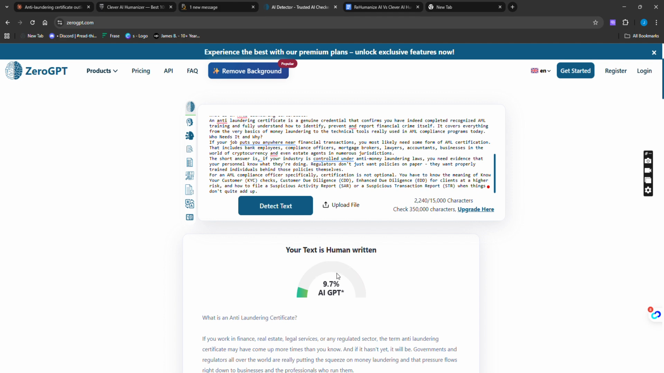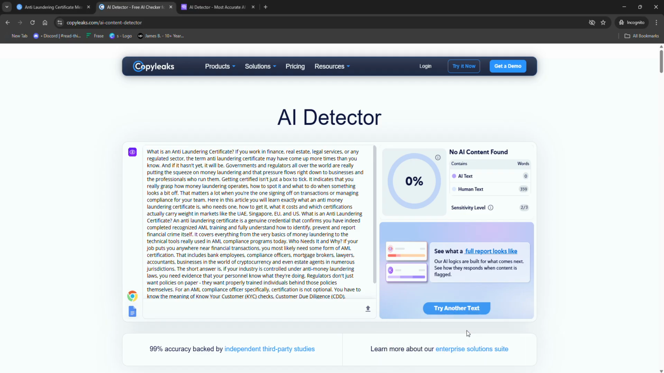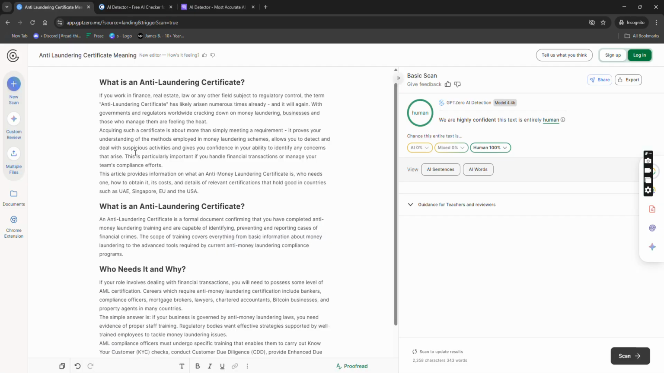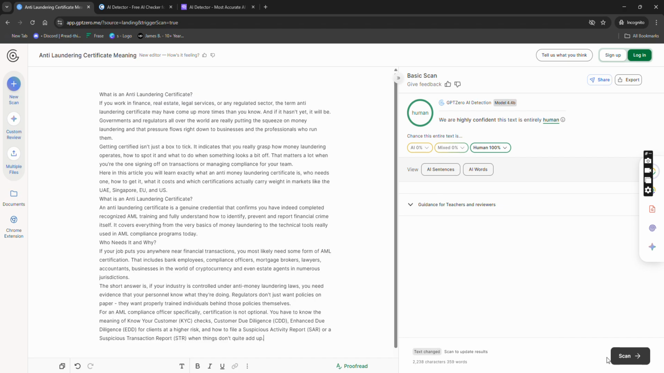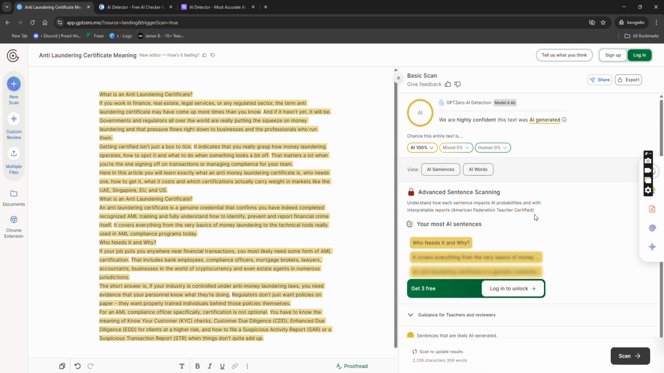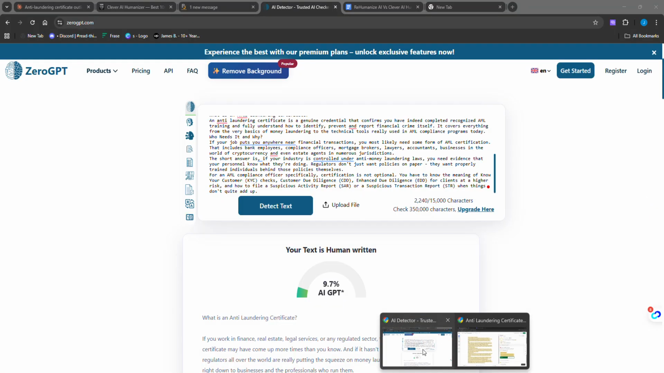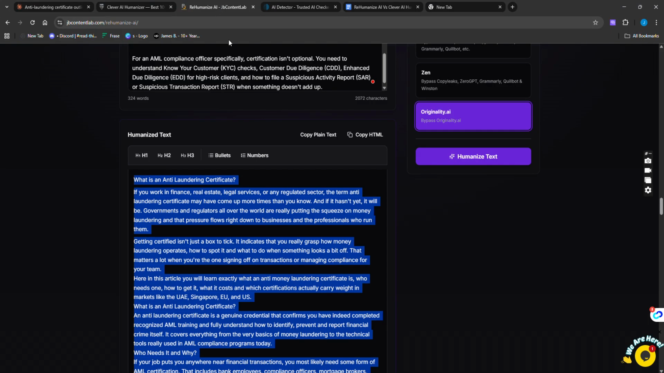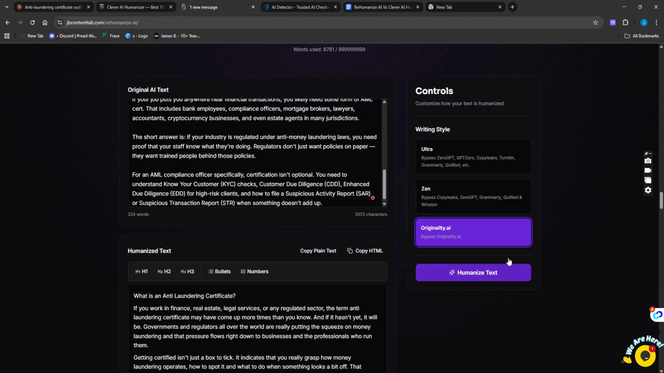It's also human rating on ZeroGPT, just a 9.7 AI score. Now let's go back to check on GPT Zero. Now it's flagged as AI generated on GPT Zero. So basically, this is why it's strictly stated here on Rehumanize that if you're looking, basically from my observation, to bypass ZeroGPT, GPT Zero, Copyleaks, Turnitin,